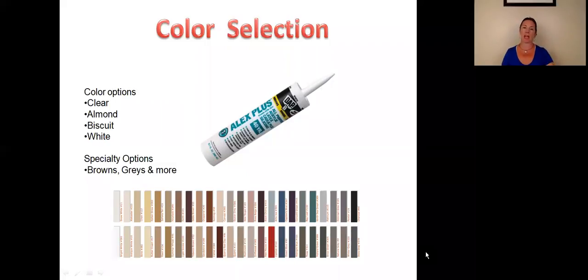Those are the standards. Now, depending on what type of caulk you're using, it could be an exterior caulk, and you can find them in some darker colors to blend in with siding or stone and things like that. But typically you're going to find clear, almond, biscuit, and white. To be honest with you, I don't know the difference between almond and biscuit. They basically look a beige color to me. So you just want to read the labels and see which color you think matches your particular, typically a bathroom